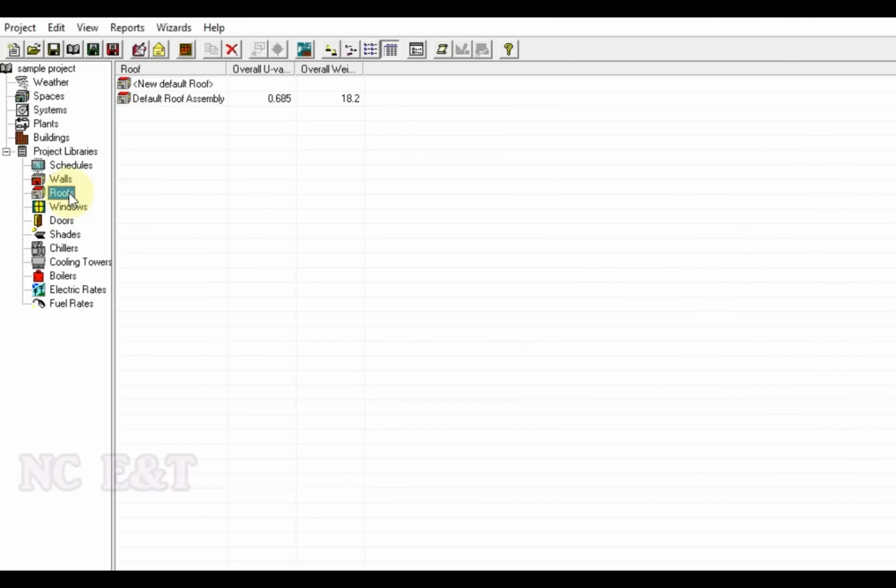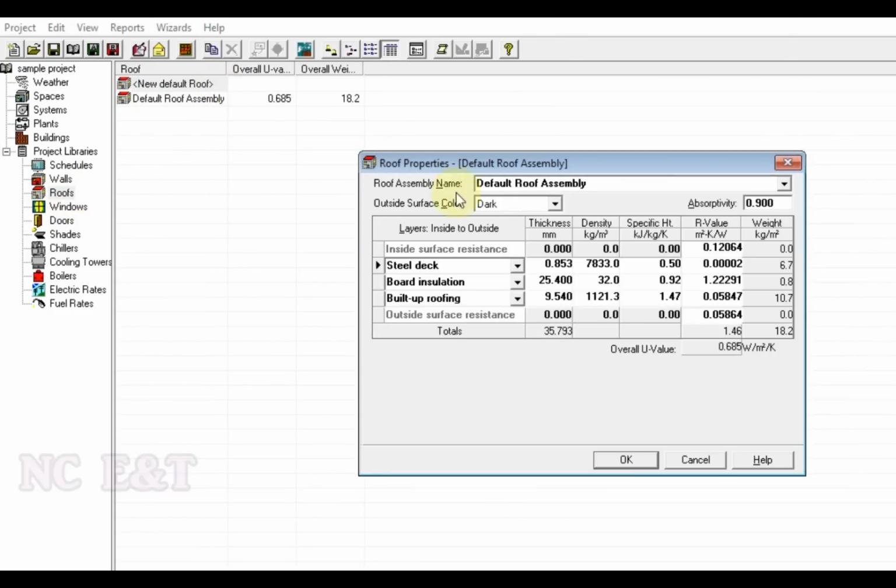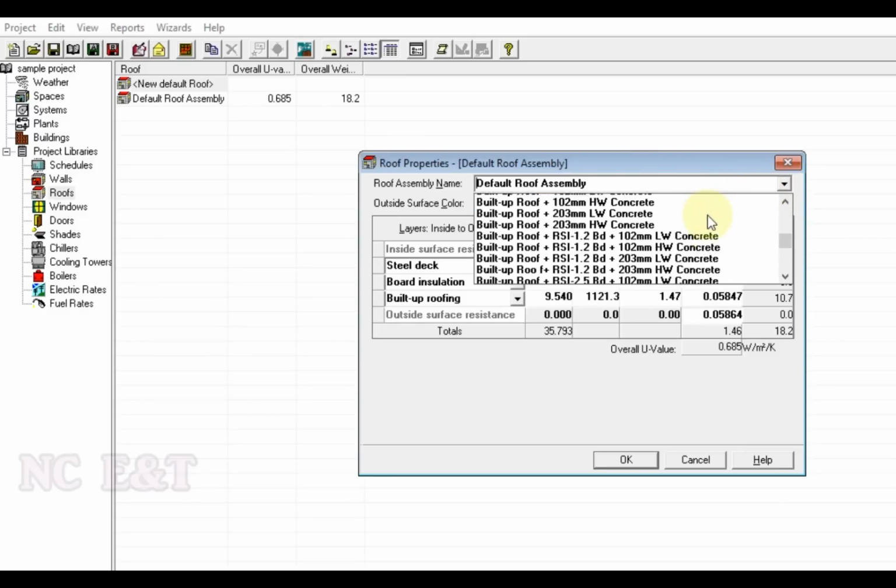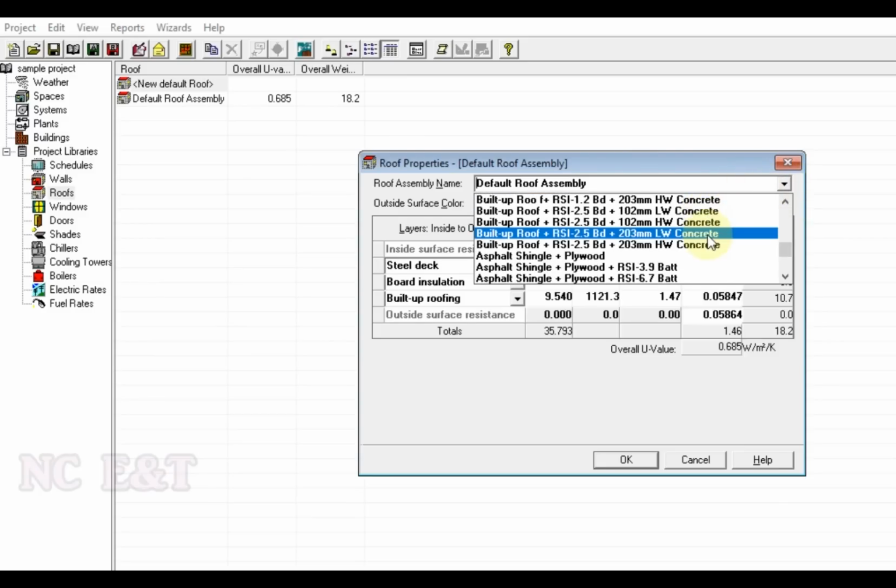Next we will go for the roof, and in the same way like for the wall there are so many combinations provided in the program. You can select any of them suitable for your project, and in case any of these combinations is not matching your actual requirement at the project, you can calculate your own U values and put the value in the program. For calculation you can refer to our manual heat load calculation. So for our study we will select the default values provided in the program and will proceed.